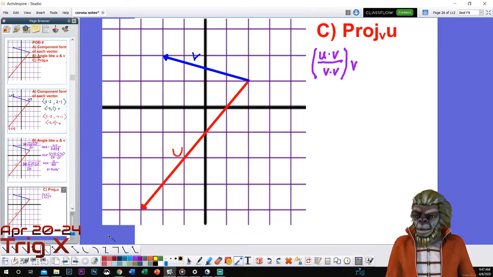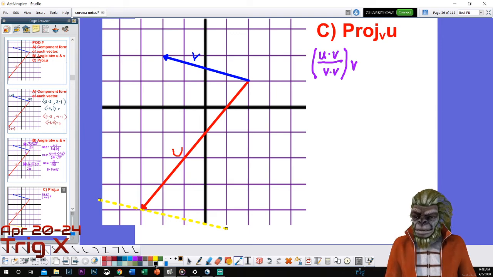So I'm going to do a little bit of estimating here, and I'm going to pretend that I have some sort of solar panel right here, or something that's parallel to the floor. We're going to consider v the floor, and everything's going to be shining upwards. I don't know, maybe the ceiling, who knows. But anyways, we've got light shining this direction toward the v, and this vector u is going to create a